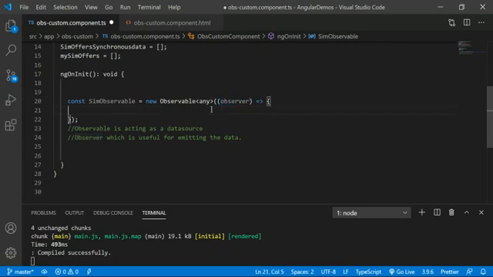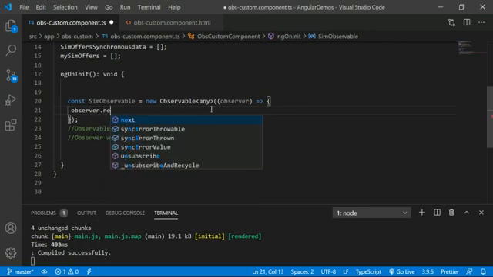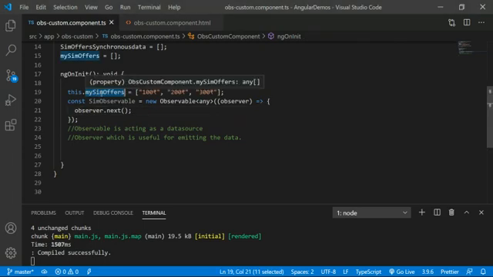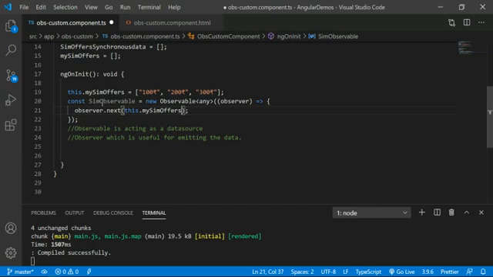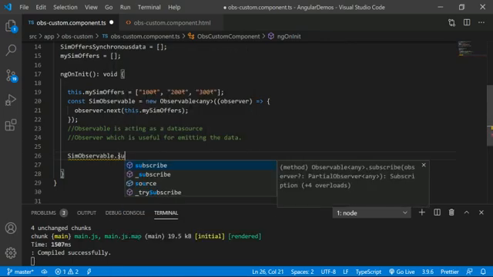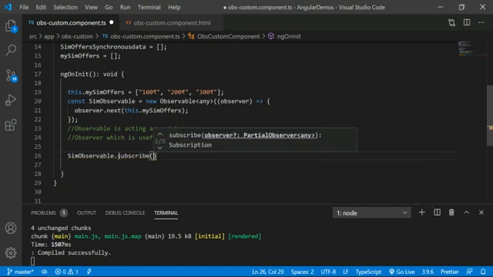So now observer.next. Let me pass three values. Here the values are my sim offers. So I am passing this data to the observer. Whenever the user subscribes using the reference of this sim observable, he can get the data. What data is he getting right now?